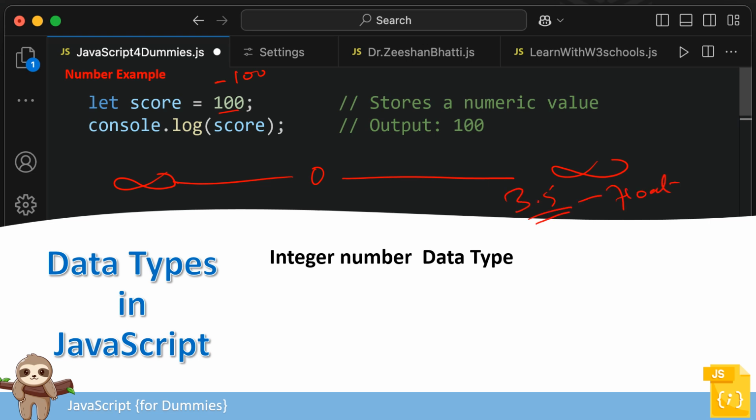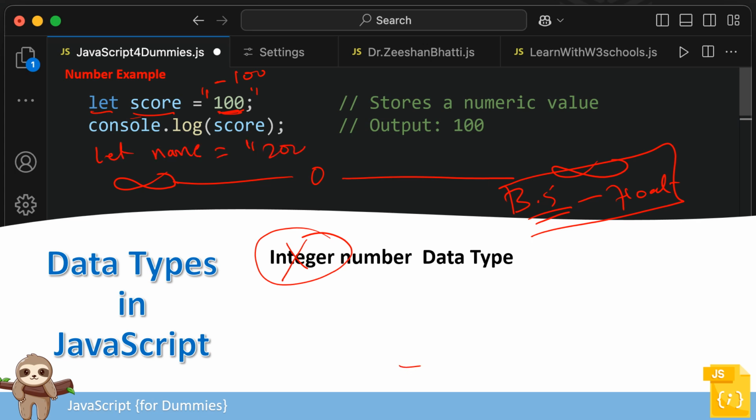So in a standard way, we just use let, we define a variable name equal to a value. Internally, JavaScript will automatically make sure it is of type integer because it has the value 100. If you use a decimal instead of an integer, JavaScript will automatically assign a float value. If you use double quotation marks, it will become a string. So for example, if you declare let name equals inverted quotation marks and I say 100,